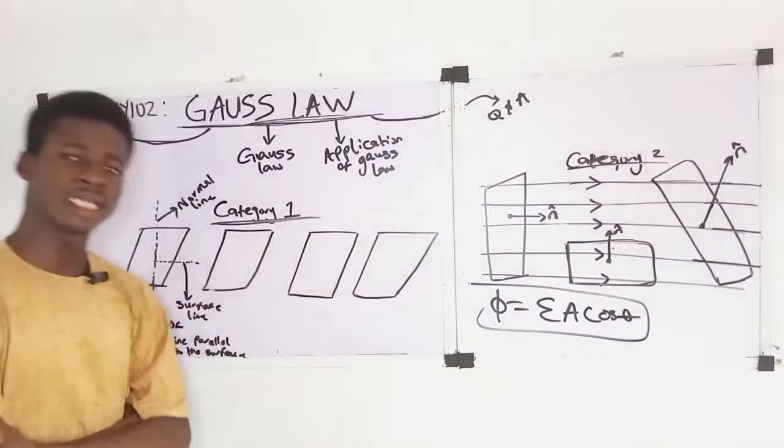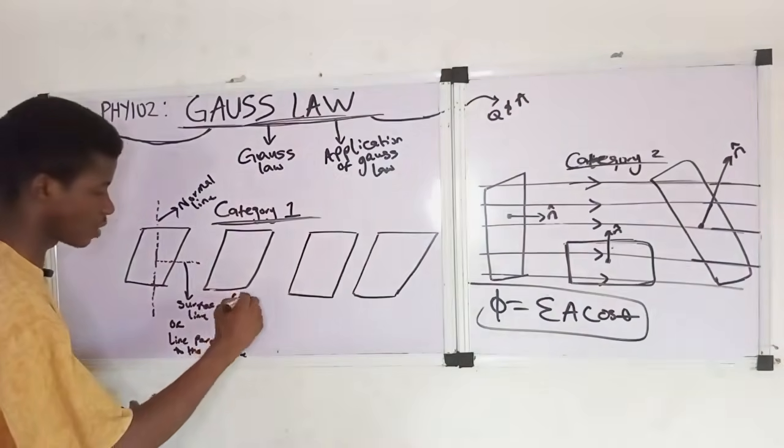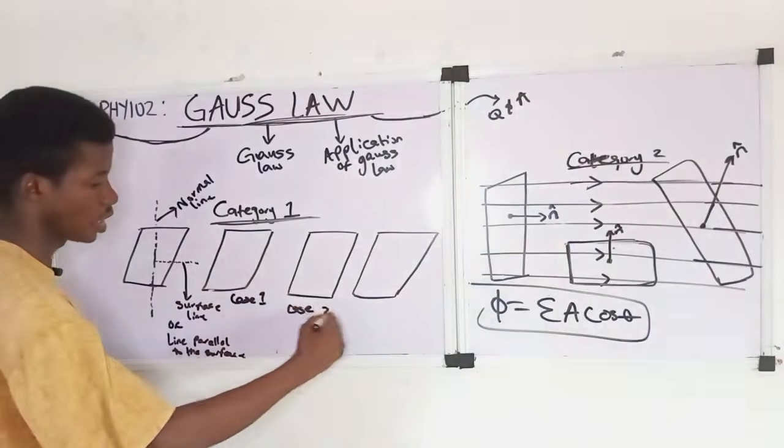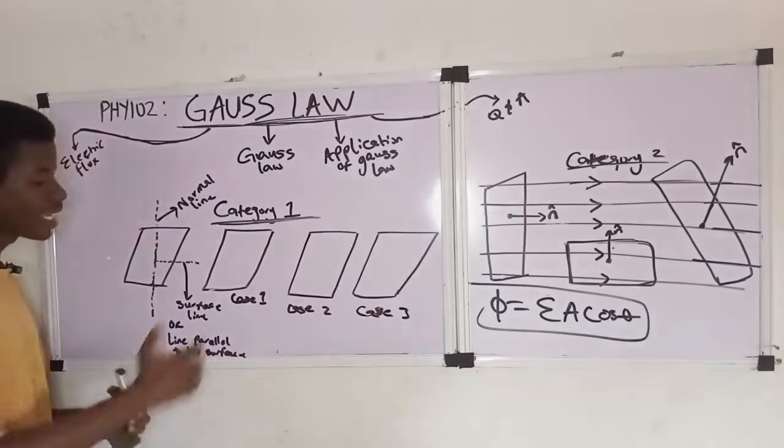Now under this category 1, there are 3 cases. We can call this one case 1, this one case 2, then this other one case 3. Now under case 1,